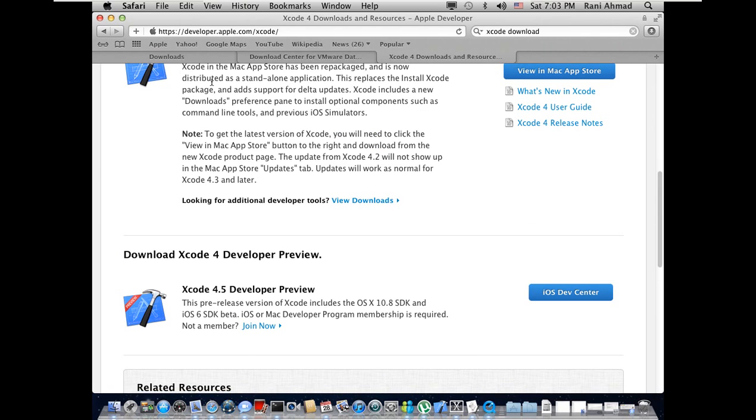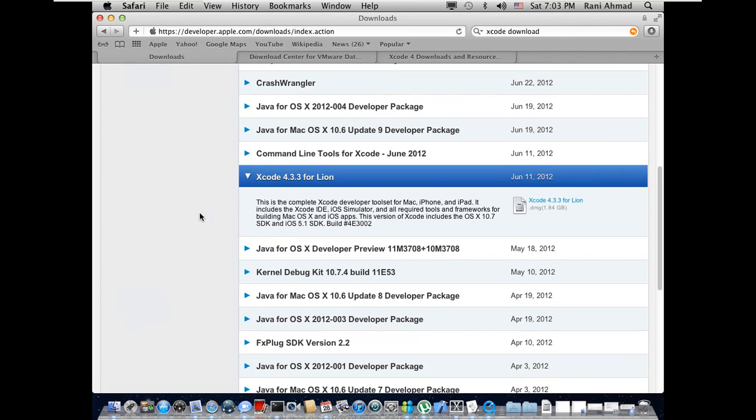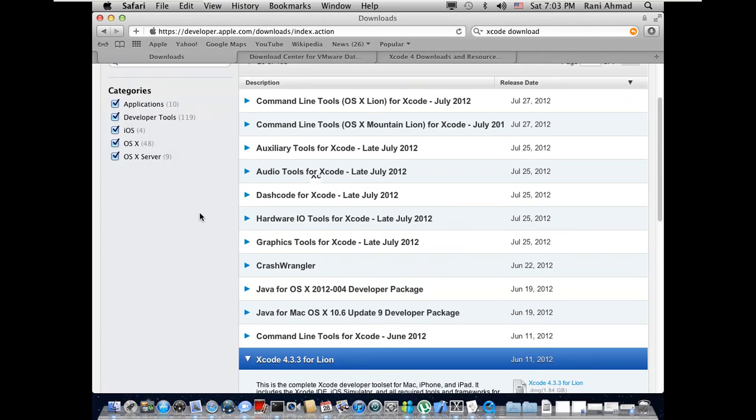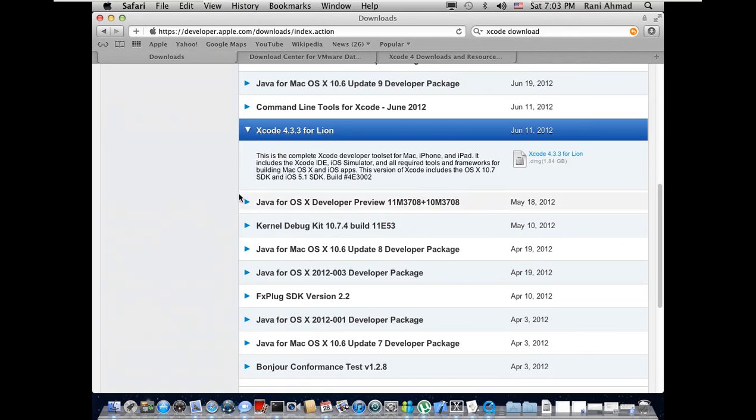The view downloads will take you, after you log in, to this page, okay, and all you need is this Xcode 4.3.3 for Lion, and start download this huge 1.84 gigabytes. Okay,